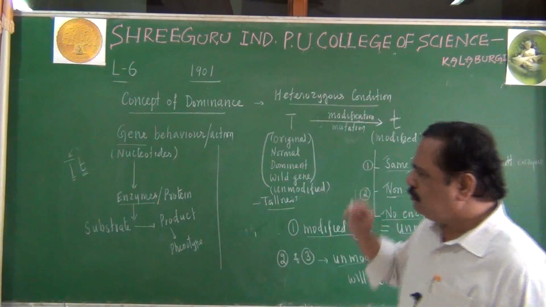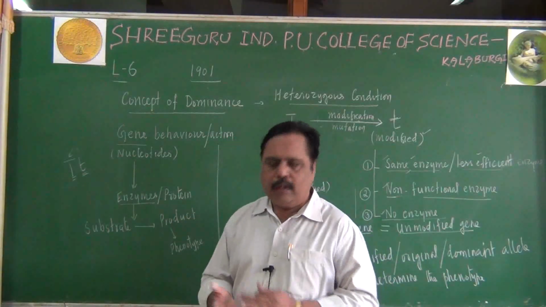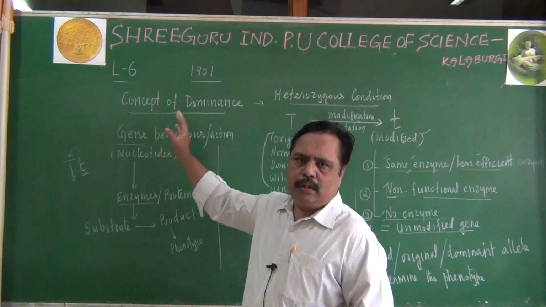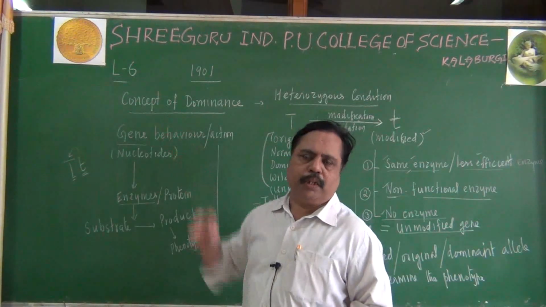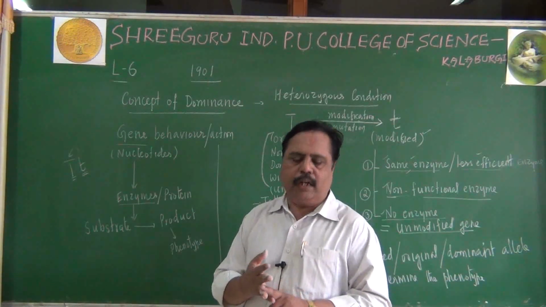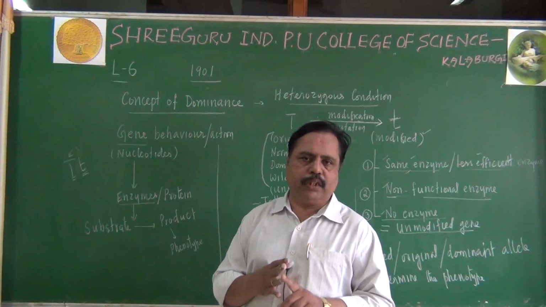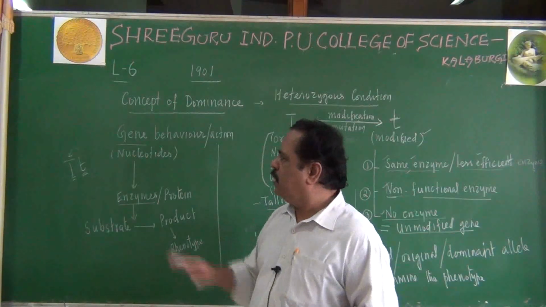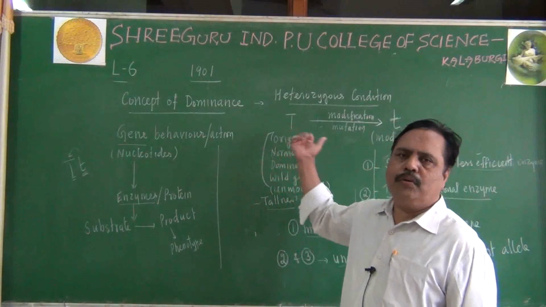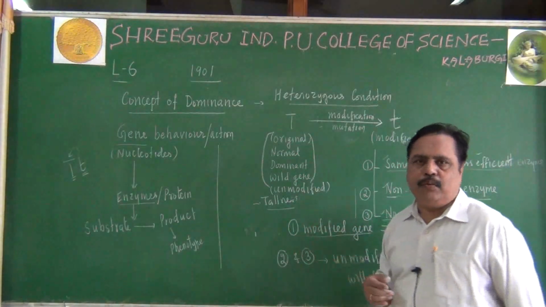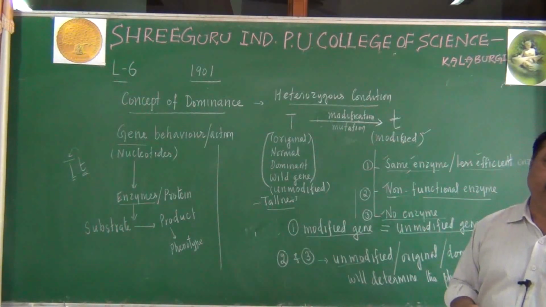So, dear students, let me stop here in today's class. Today we have seen incomplete dominance and the explanation for the concept of dominance. Incomplete dominance can be asked in a 5-mark question. In Antirrhinum majus, it was done by Carl Correns. Then in the concept of dominance, I told you how a modified allele could behave in a population or during inheritance.